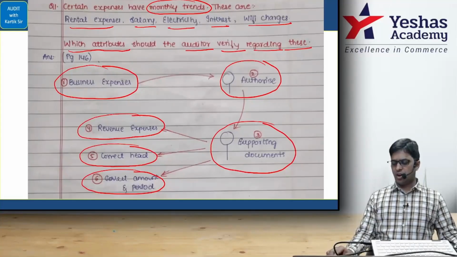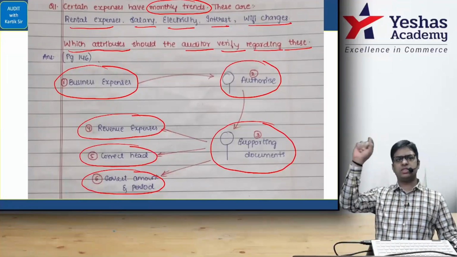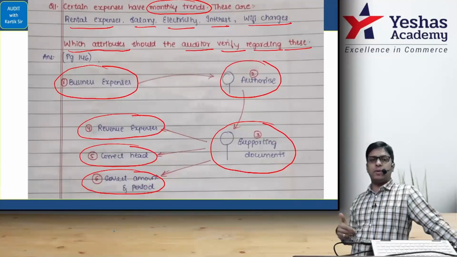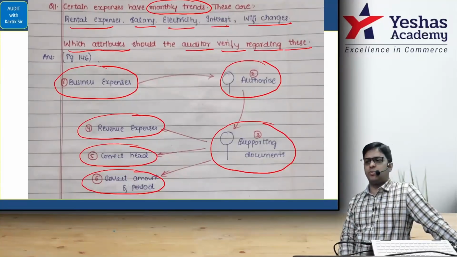This time the first message I got after the January paper, people said all papers were tough. MCQ conceptual. I'll show you the message later if I get time. Sir, MCQ 30 on 30. 30 on 30 MCQs. Full. Because in MCQ, the more the paper is tougher, the more my students have the advantage. It should be tough, slightly tough. If the paper is very easy, it's a problem.